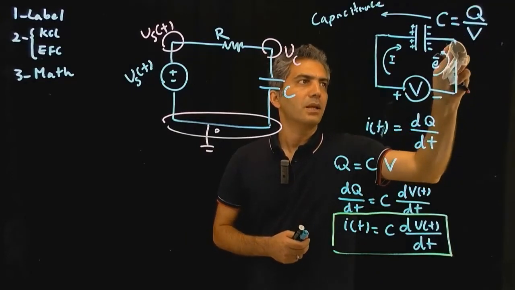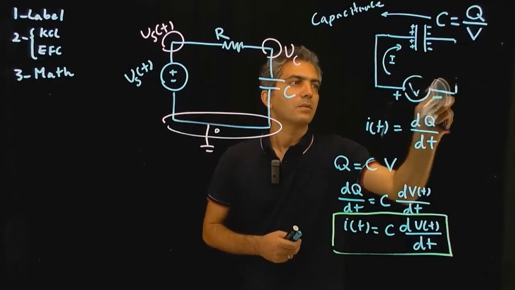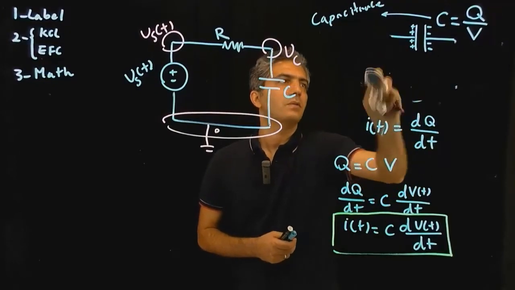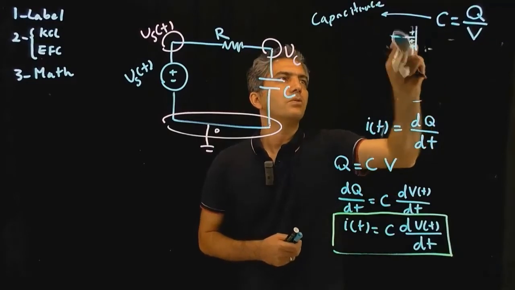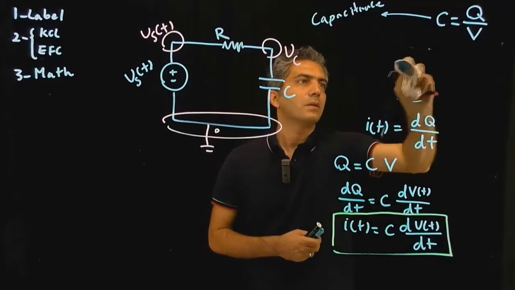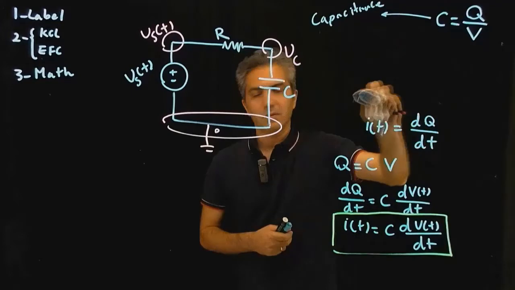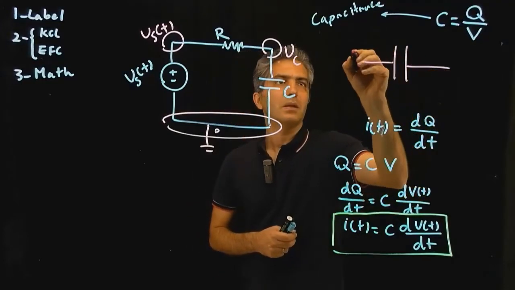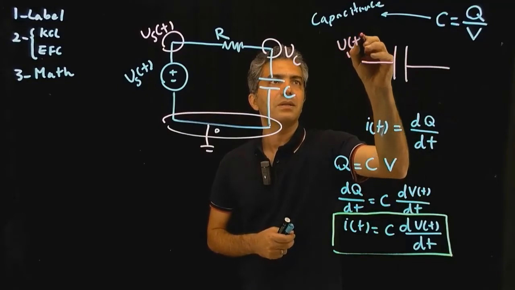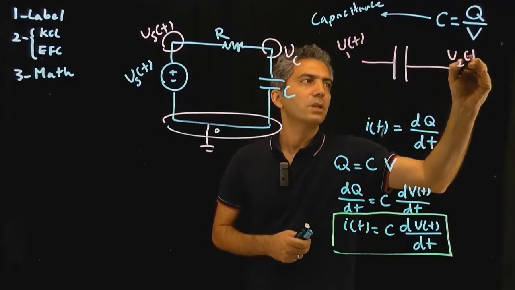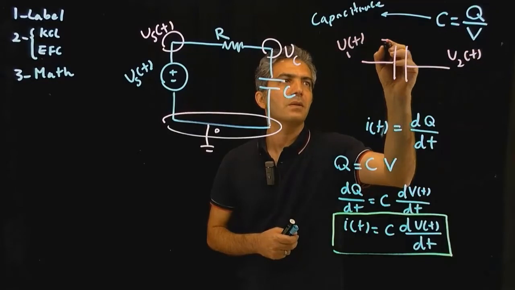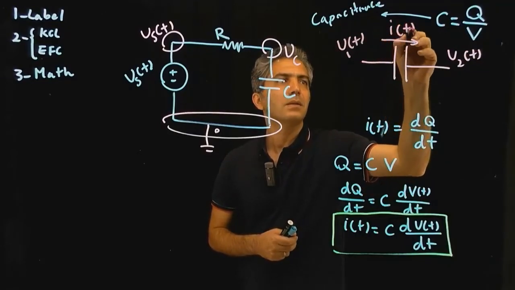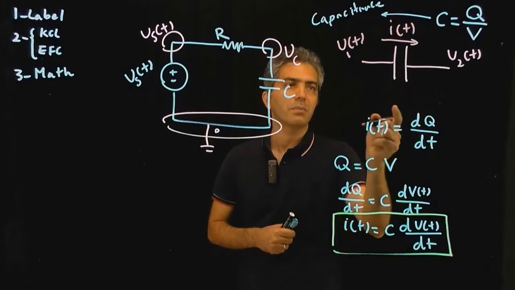So let me take this away, which was part of our definition. Redraw the capacitor. Say this is V1T, this is V2T, the voltage on the two sides. This is IT, the current passing to the capacitor,